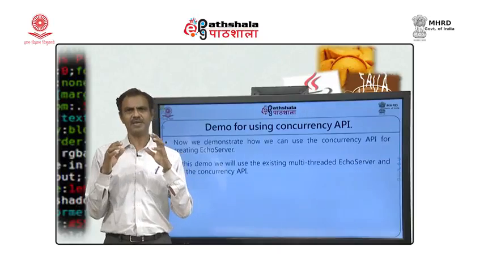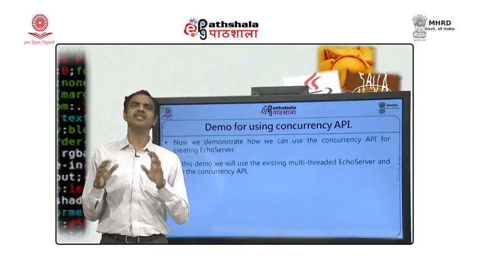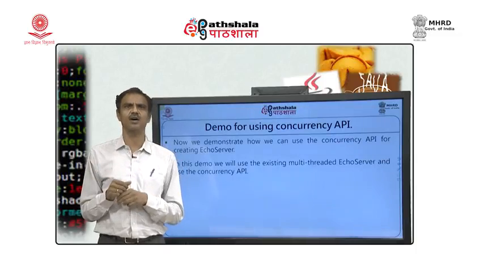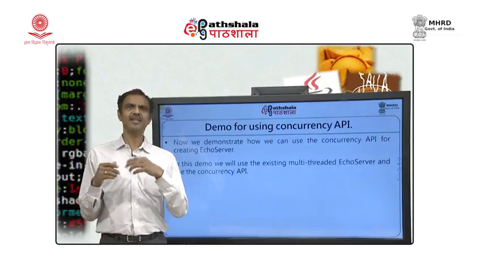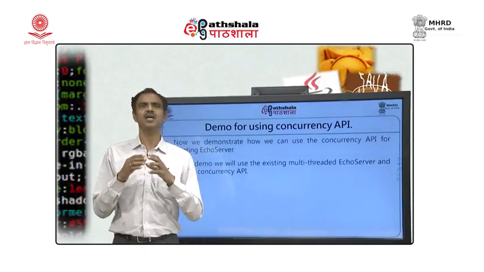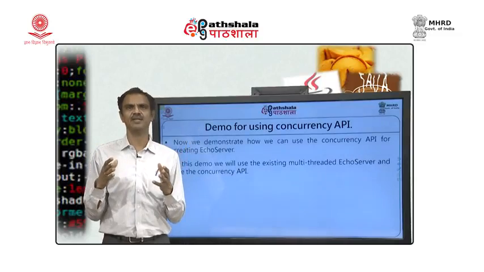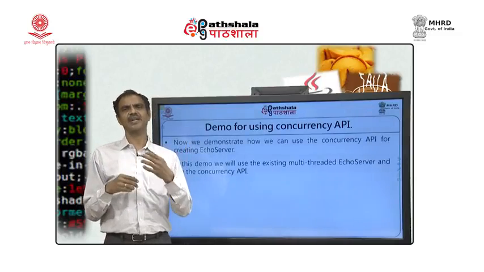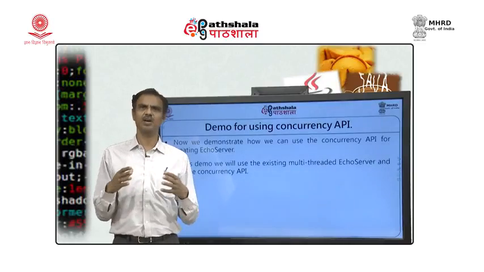But now, in this particular demonstration, we will continue using that same runnable object. We are going to still use the same echoer, but one of the difficulties there was that we did not have control on how many threads we would like to have in parallel. It would just wait, and as soon as any client connects, it keeps on creating new thread objects.